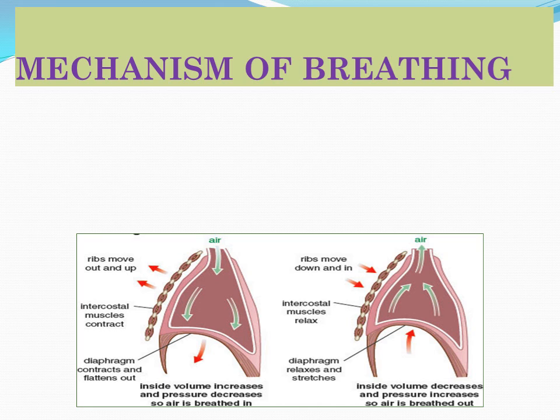Now, what happens in the condition of exhalation? See, the air is moving from this direction to the outward direction, because carbon dioxide is the gas that is moving from this direction to this direction. Again, ribs will acquire their original position, that is, ribs move downward and inward. Then the intercostal muscles, which were earlier contracted, now become relaxed.